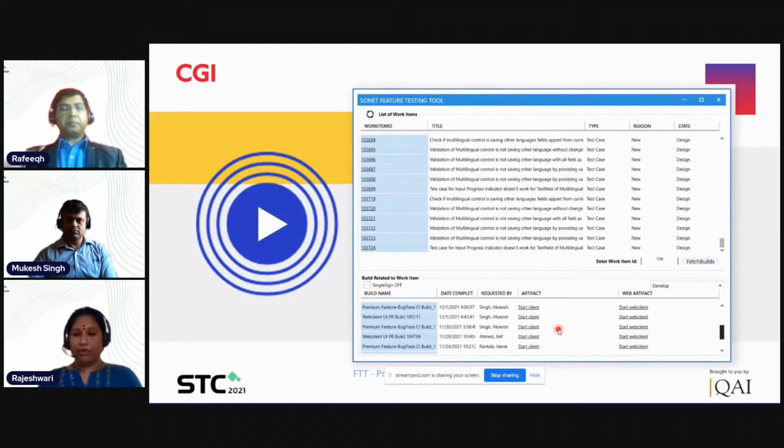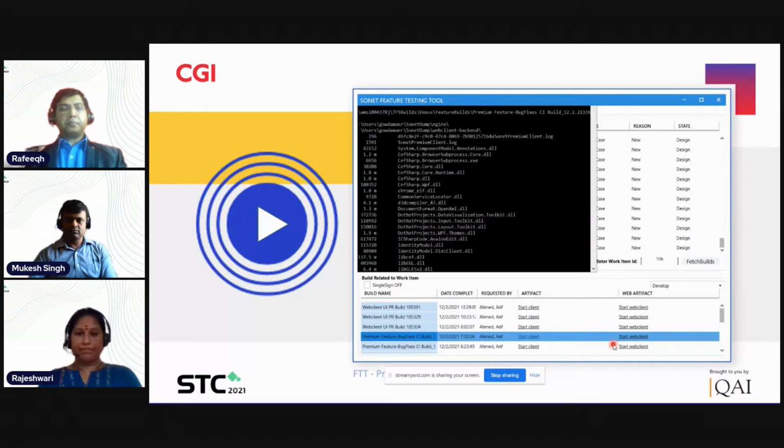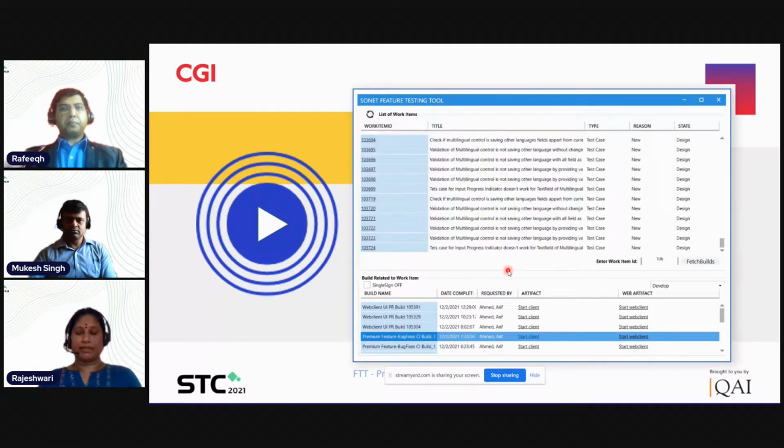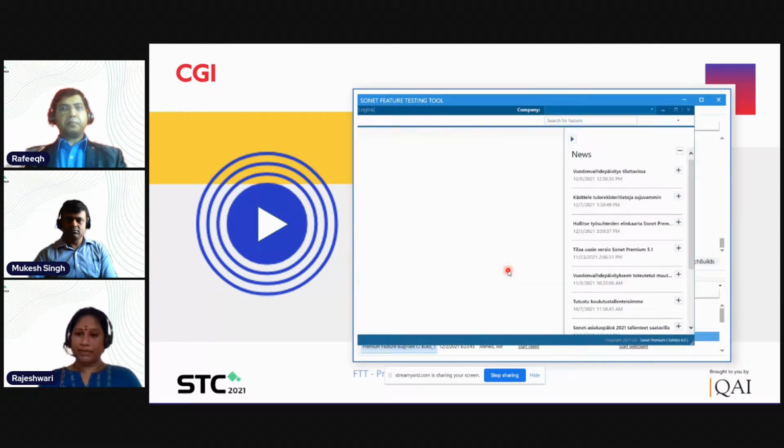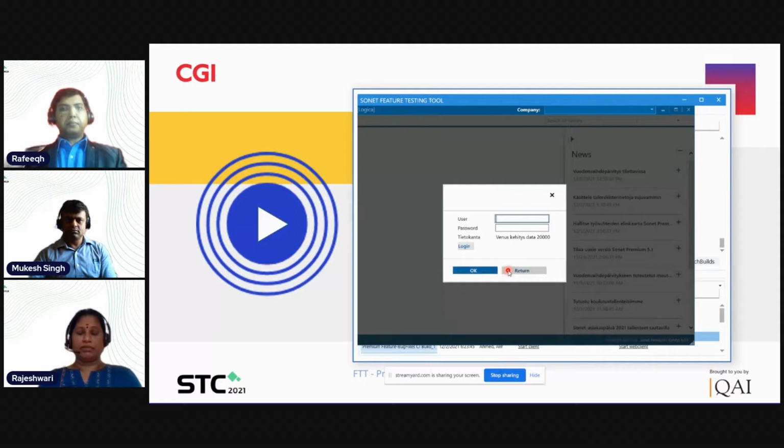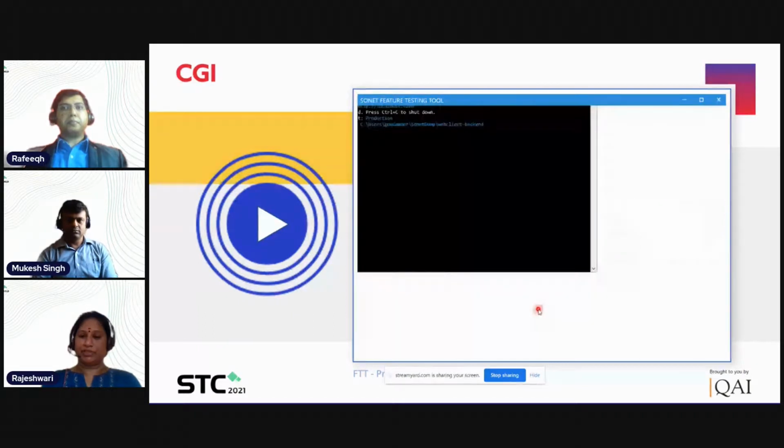That option is also something FTT is giving to us. These are all the application components that are getting deployed locally. You can see how fast it is. Our application is rendered both in the desktop as well as the web version. I am trying to open it and explain how it works in the web version validation also.